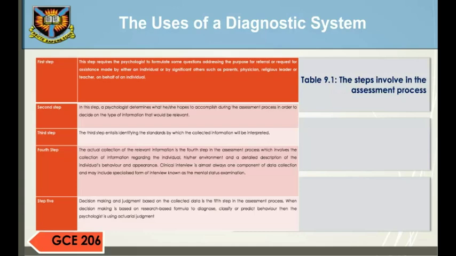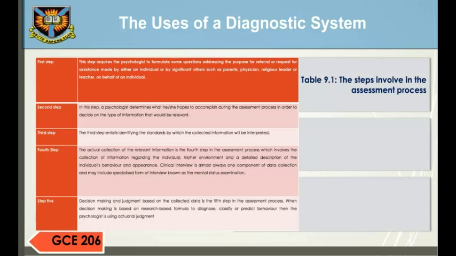Third step. The third step entails identifying the standards by which the collected information will be interpreted. Fourth step. The actual collection of the relevant information is the fourth step in the assessment process, which involves the collection of information regarding the individual, his or her environment, and a detailed description of the individual's behavior and appearance. Clinical interview is almost always one component of data collection and may include a specialized form of interview known as mental